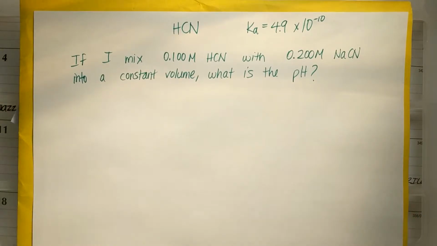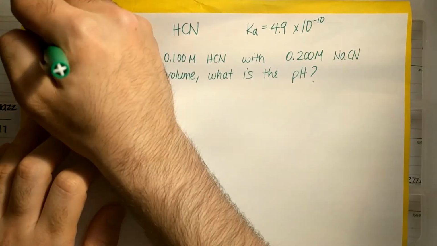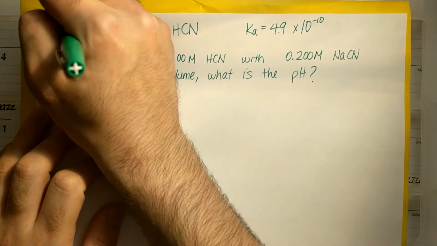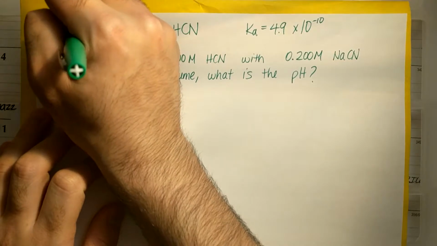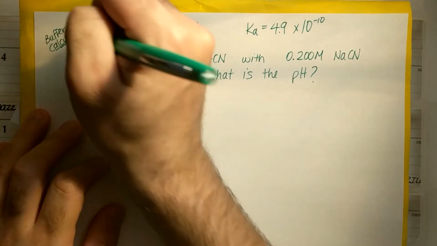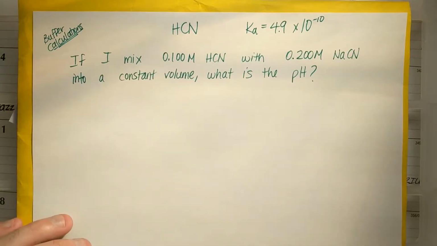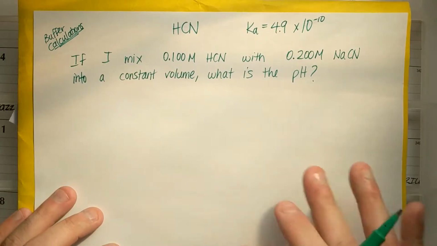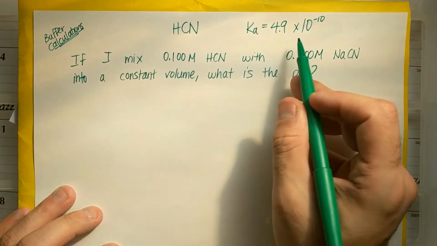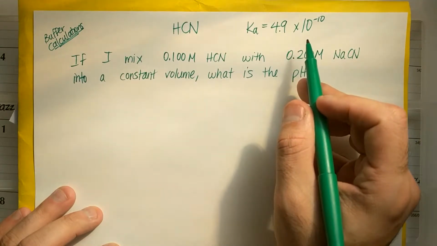Here's another video on how I would do what's known as buffer calculations. I'm going to try and show you the longer way using an ICE table if you don't know how to use a certain other equation. And then I'm going to show you the simplified way of using a very fancy equation to do all this math quickly. So let's say I have HCN, which has a Ka of 4.9 times 10 to the minus 10th,